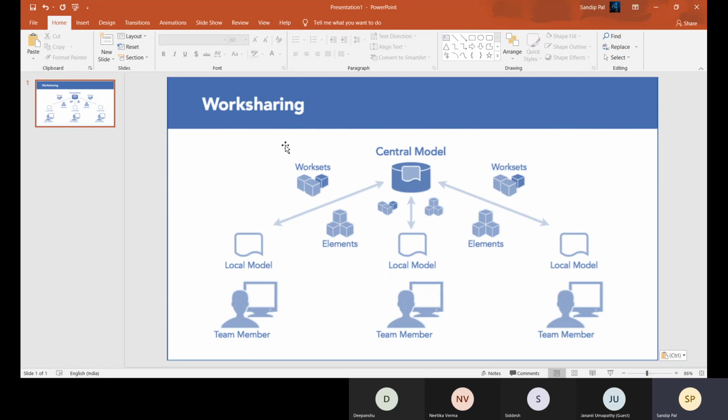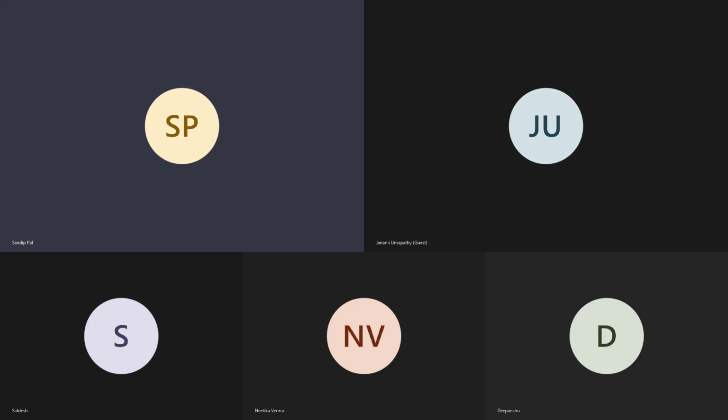But for open BIM or for a large-scale project, you need a common data environment where not only you, but all the other subcontractors, third party members, and other companies will be collaborating on the same platform. So this is the process, and let's start in Revit, to see how we can achieve this process.